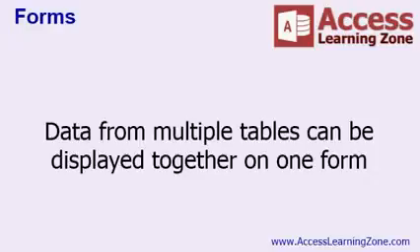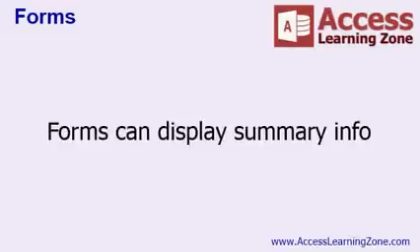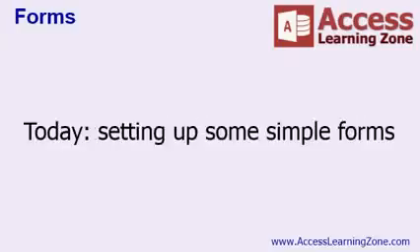For example, you could show the contact history for each customer on the customer form in something called a subform. You could also show their last couple of orders in a subform on the main customer form. We'll talk about subforms in a future class. Forms can display summary information. If you have a form that shows a list of a customer's orders, you can put a total of those orders in the form footer. In today's class, I'm just going to show you how to set up some simple forms to get comfortable with form design. In the next class, Beginner Level 2, we're going to spend a lot more time developing forms from